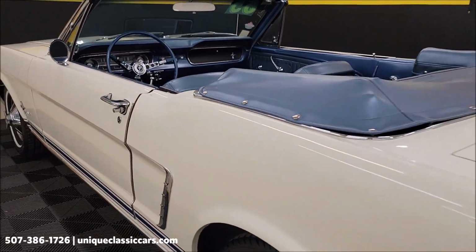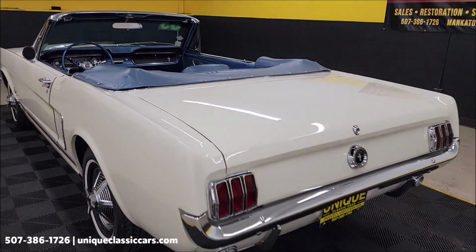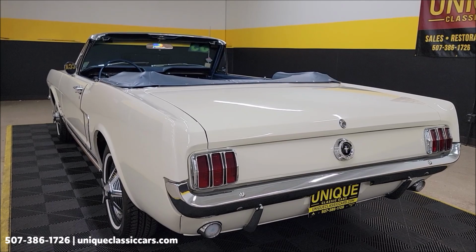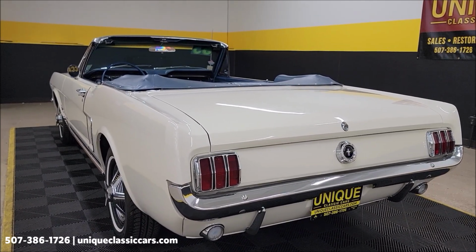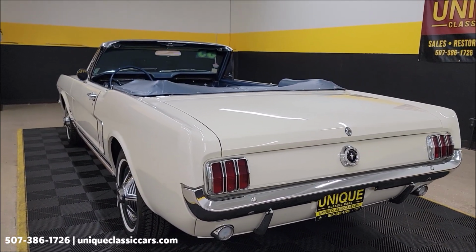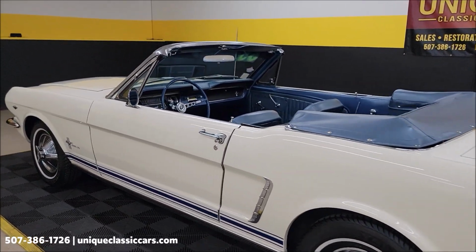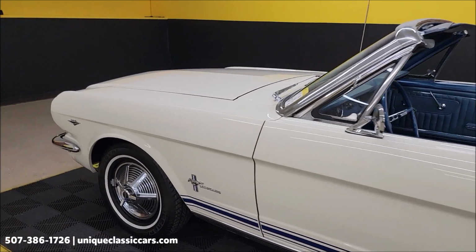Look how nicely that door closed, barely swung it. Sounds as you'd expect, sounds like a stock '65 Ford Mustang. Again, 289 underneath the hood, paired up with the C4 automatic transmission, power steering, and let's go check out this